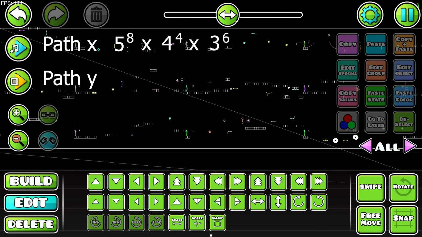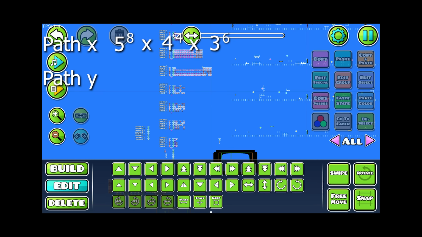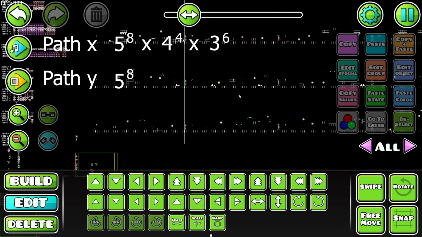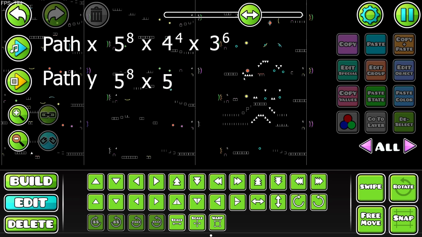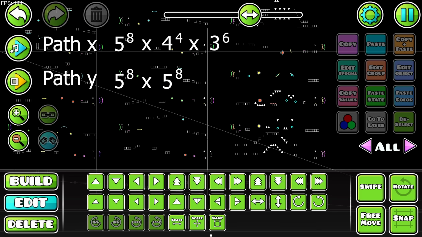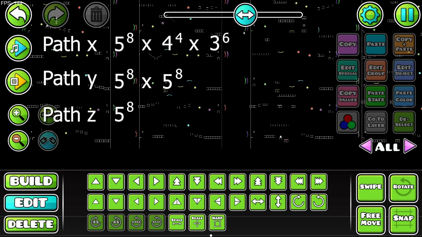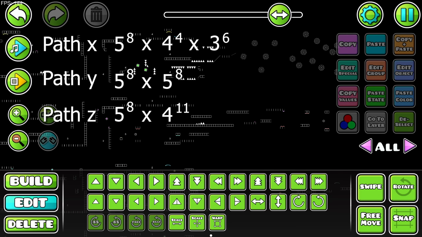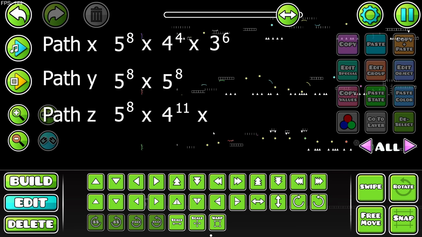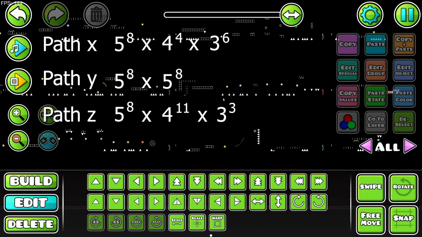Then we'll add path Y. Because these are different paths and you can't get them simultaneously, we have to add them instead of timesing them. Little math thing for you. So that's another 5 to the power of 8. And then we'll times that by, let's see, 1, 2, 3, 4, 5 to the power of 8 again. And then we've got to do this all for path Z now. So if we go back to this section, this is once again 5 to the power of 8. And we'll times that by 4 to the power of 11, because there's 11 sections here. And then we'll times that by 3 to the power of 3, because there's 3 sections in this final bit here. So I hope you've been adding that all up, because that comes out to